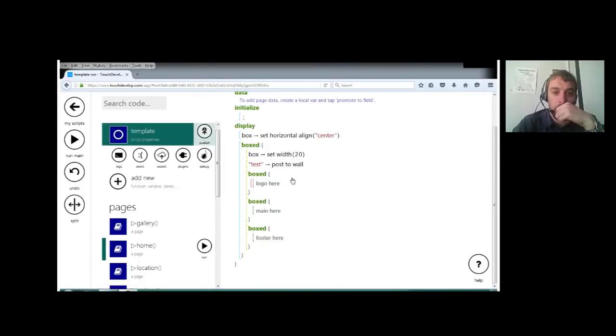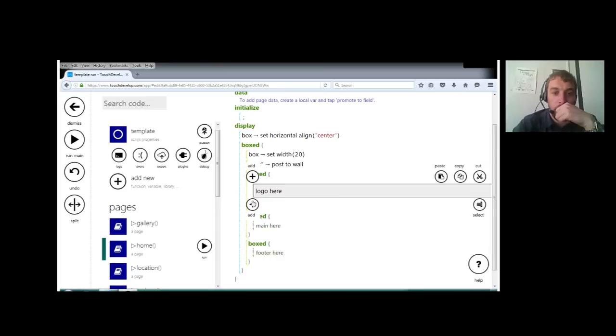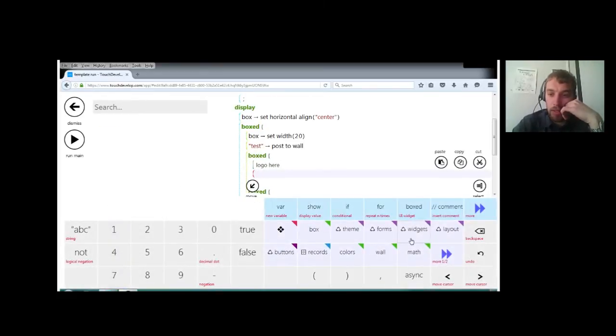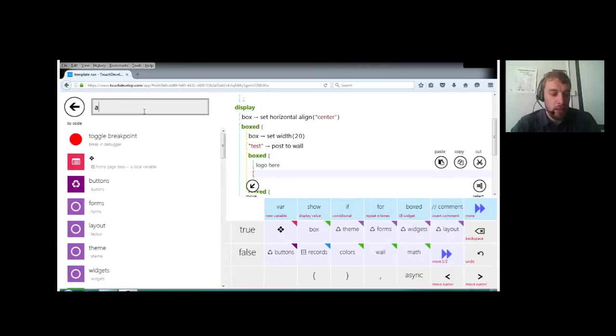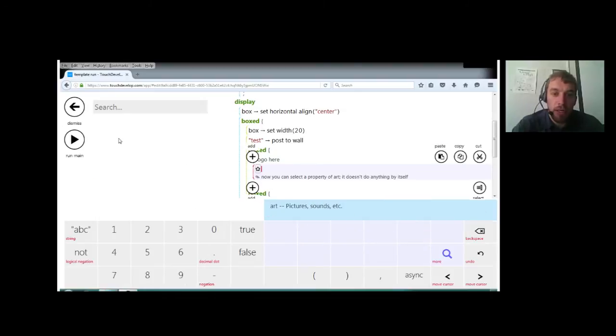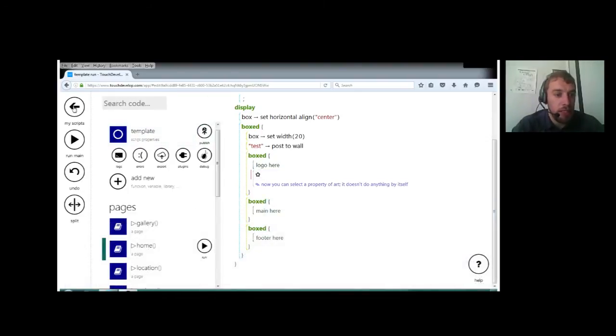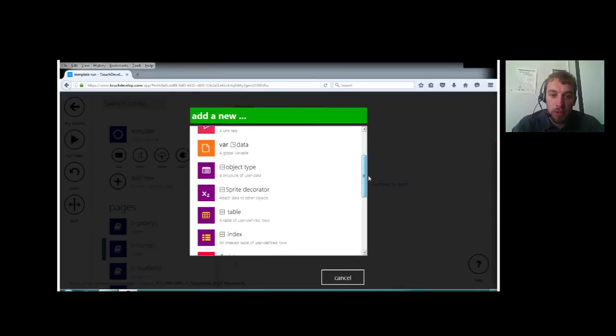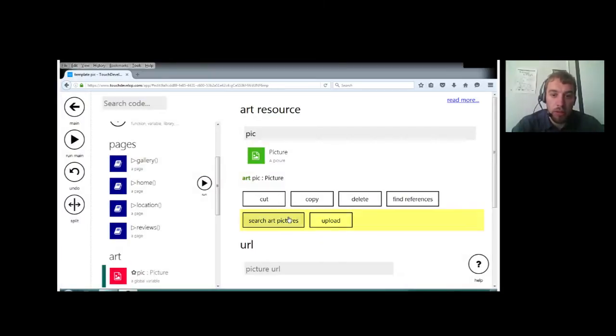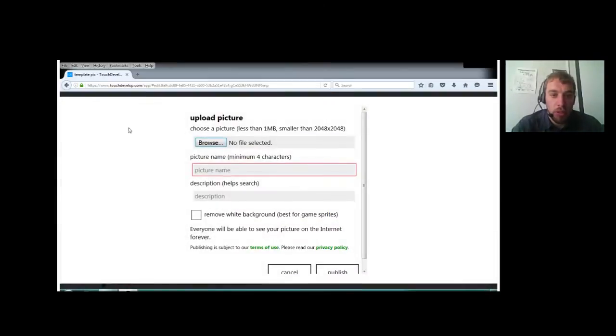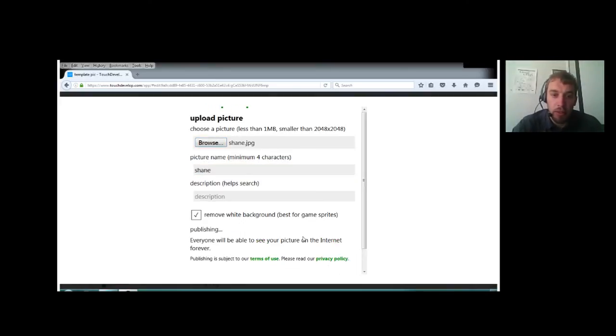Now if I wish to put a logo in, just click where I commented, click add, and I thought it would be in there. If I put in art, picture, sounds, etc., and click it like so. Now I have no pictures in there at the minute, so if I go add new picture resource, I can upload my picture. So upload, browse, I'll do my name, and I can put Shane, remove the white background,